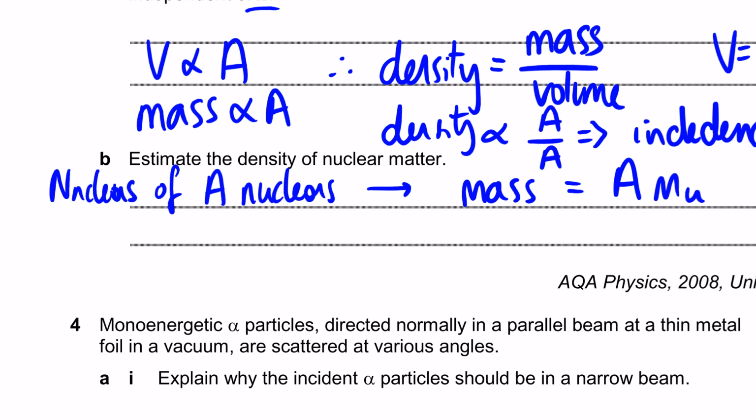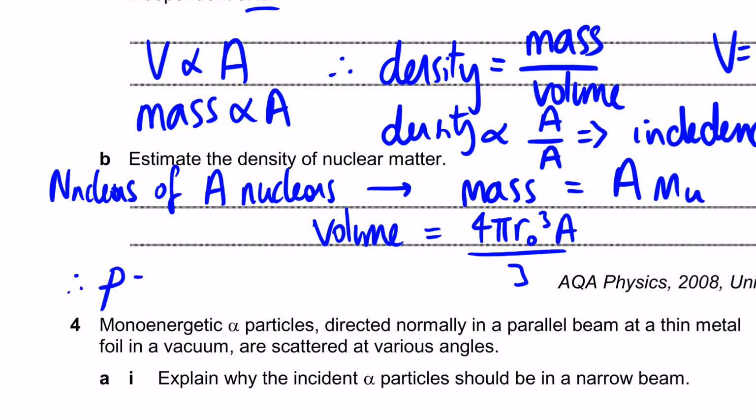Volume, as we specified up here, equals 4 pi r naught cubed A over 3. Run out of space here. And therefore, density, I'm going to use the symbol rho, is 3 mu